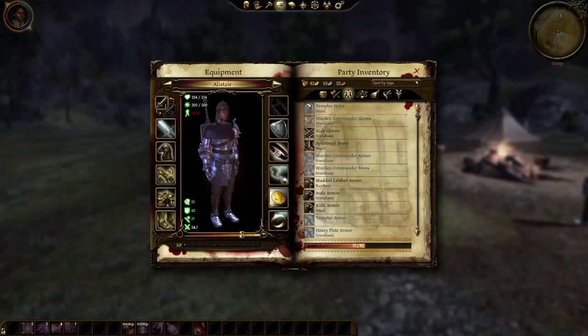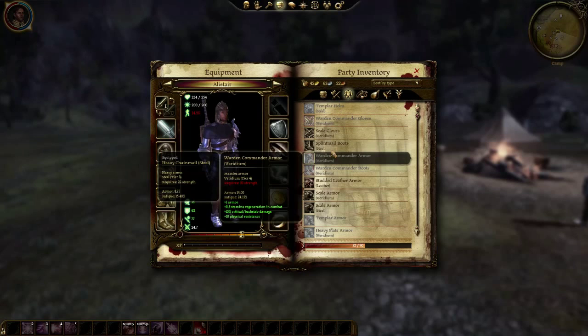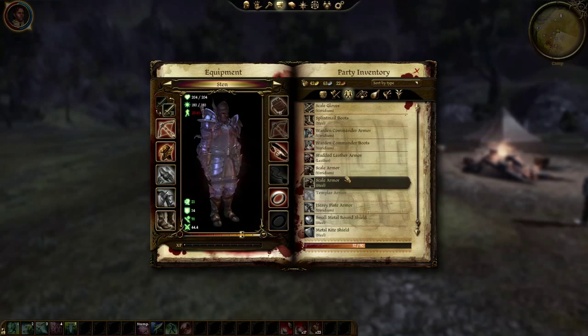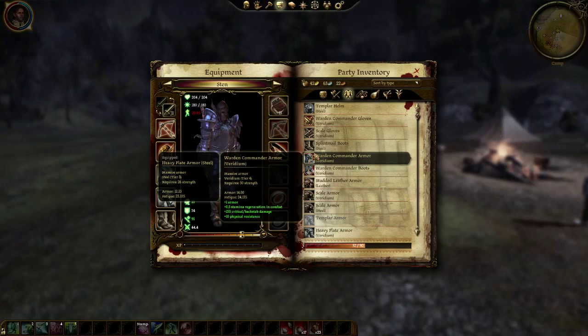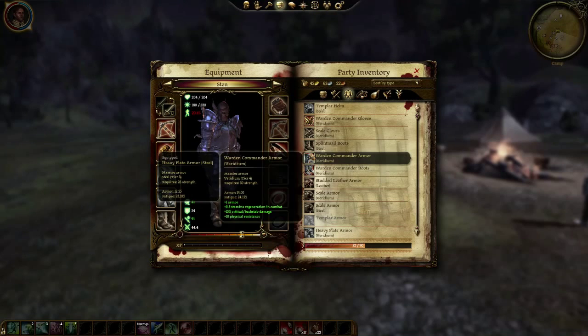Okay, so Alistair. He still can't use this stuff. So Warden Commander stuff is more DPS-wise. So we'll save the Templar stuff for him. Heavy plate armor, that's pretty cool too. But we're going to give him the Warden Commander stuff because it's really good. It can't be upgraded, unfortunately. Can armor be upgraded? I feel like it can. I don't know. Either way,